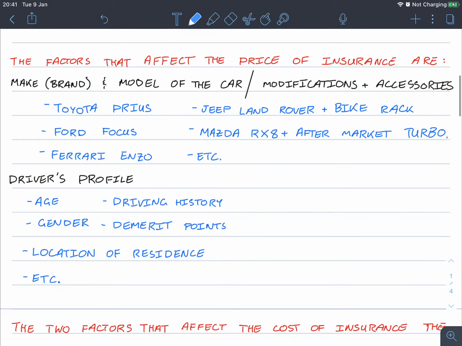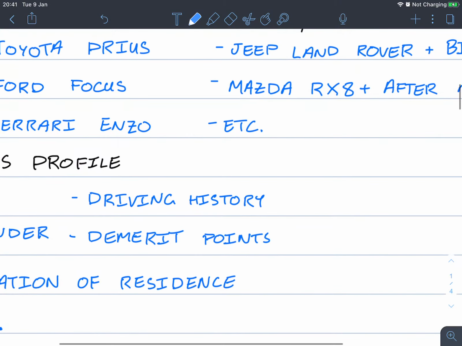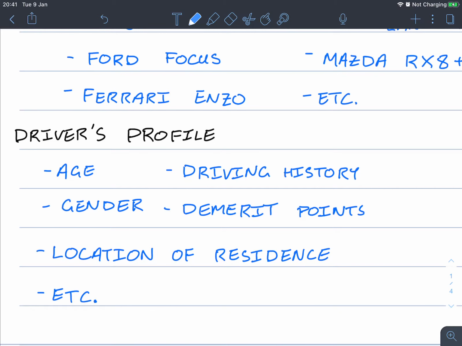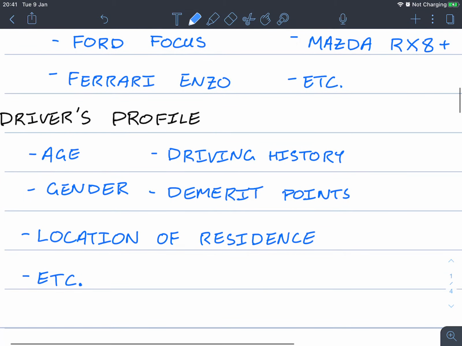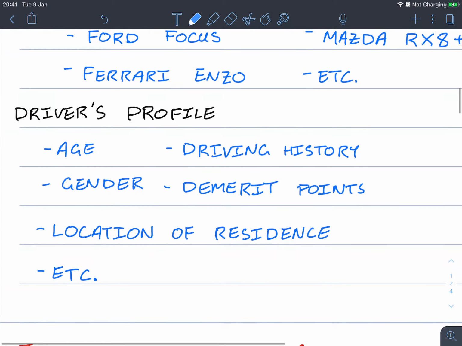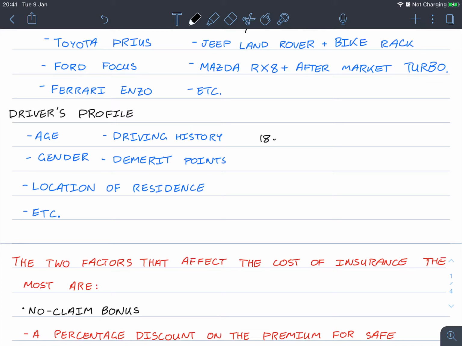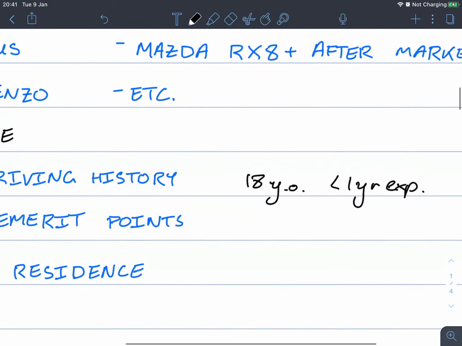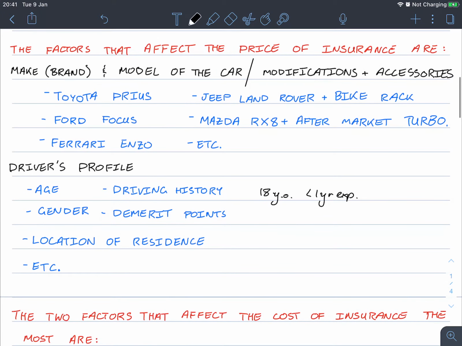The other factor that affects the price of the insurance is the driver profile. So the age, the gender, location of residence, how many demerit points a person might have, and the driving history. So for example, an 18-year-old driving for less than 1 year experience, right? The cost of insuring a person such as this is extremely high, as opposed to, let's say,